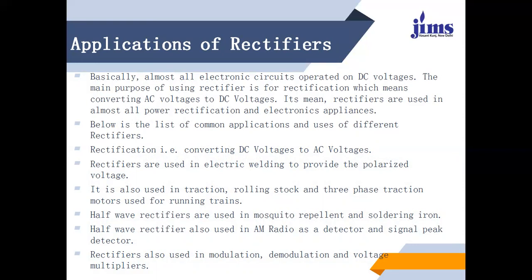Half-wave rectifiers are used in mosquito repellents and soldering irons. A half-wave rectifier is also used in AM radio as a detector and signal peak detector. Rectifiers are also used in modulation, demodulation and voltage multipliers. So these are the different types of applications which we are using while we are looking over the